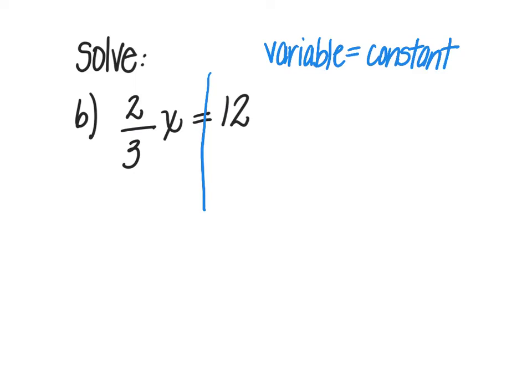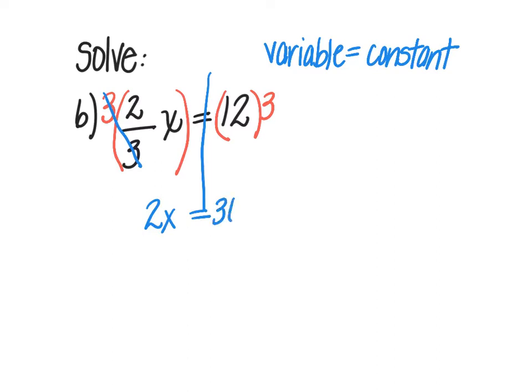So when you're working with equations that have fractions, you always want to eliminate the denominator first. So I have a denominator of 3, which means I'm dividing by 3. So I want to get rid of dividing by 3 first. The opposite of dividing by 3 is multiplying by 3. So I'm going to multiply each side of my equation by 3. Well, 3 on top divided by 3 on the bottom cancels out. It makes a 1, which leaves me with just 2x on the left side is equal to 12 times 3